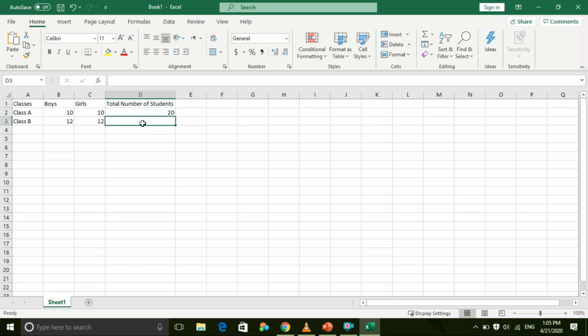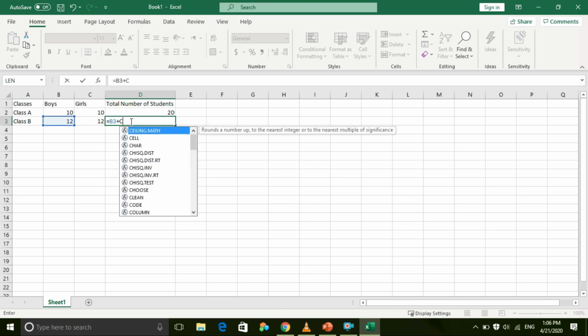So we will try one more time for class B. For class B, it will be like equal, what is the formula? B3, that is the total number of boys in class B, right? B3 plus C3, that is the girls in class B, C3.